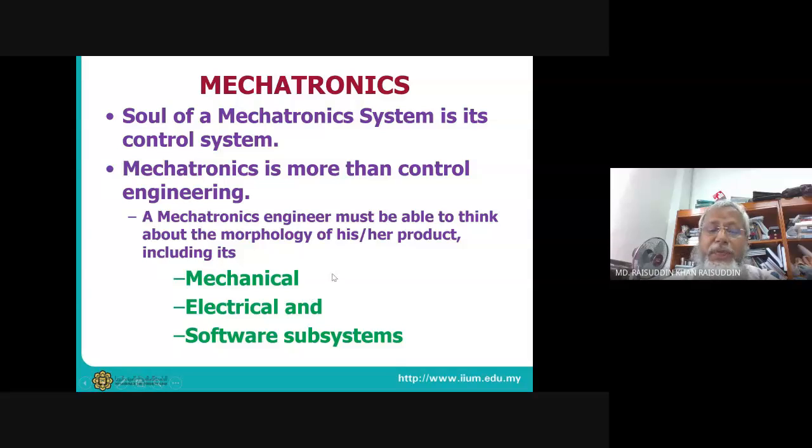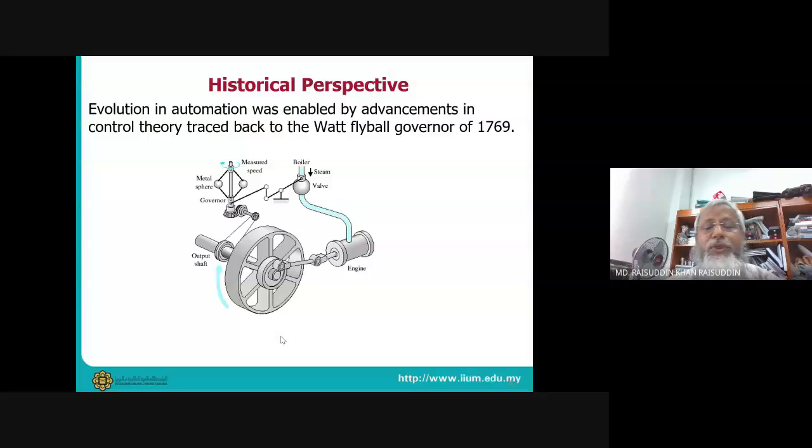Mechanical is related to motion. Anything when you want to move, that is mechanical. Electrical, of course, we understand how we transfer the electricity. It can do heating, it can do motion. When we are running an electrical motor or a fan, this is basically electricity being converted into mechanical work. And the software is basically the model which gives the decision what to do, whether to switch off, whether to switch on, to run it faster, to run it slower. So that actually comes from the software. And in the software, basically, we need extensive coding.